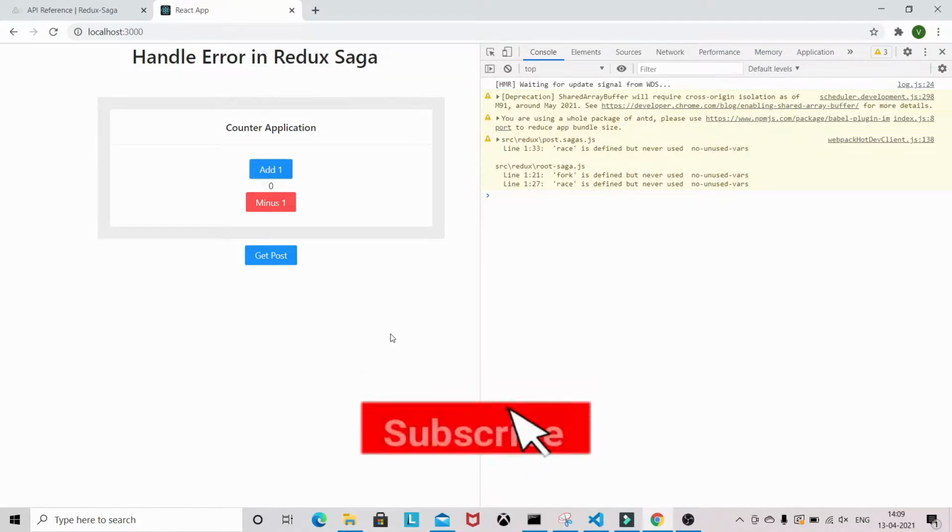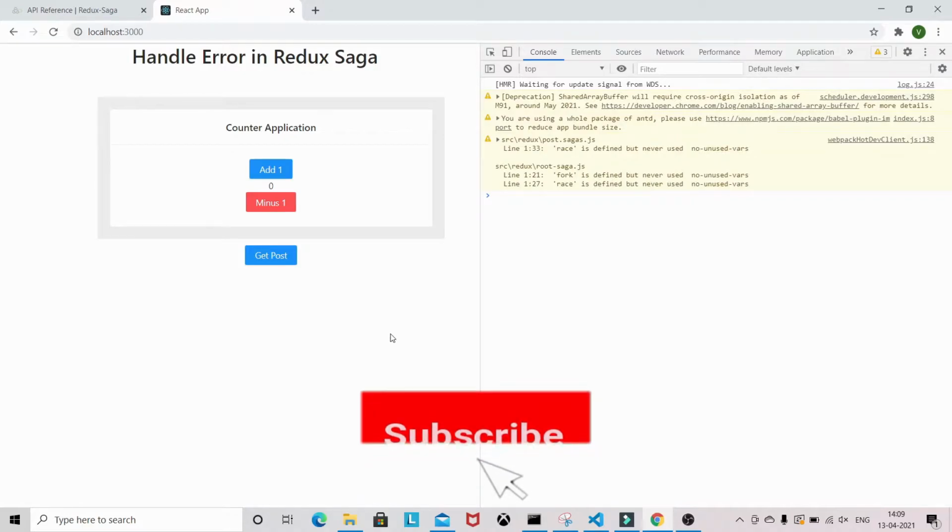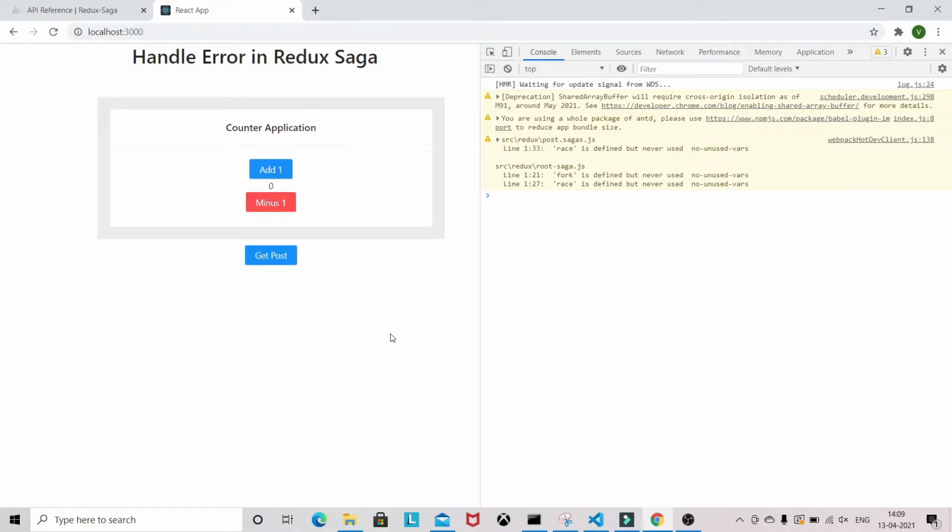Whenever you are dealing with an API in your React application, you want to handle the error as well, like a network error or whatever the error is, if your server is not running. So how can you handle this kind of error in Redux Saga? Let's see.